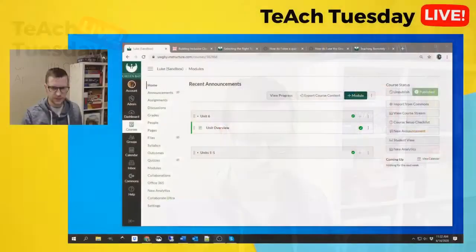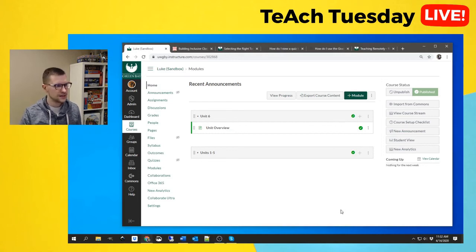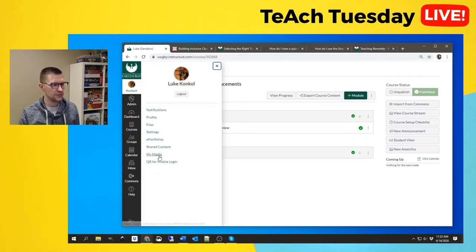So the first question that we received was about how to caption videos in MyMedia or Kaltura within Canvas. There's a couple of ways to do that. The first is using what is called machine captioning. So let me hop over to my desktop here. You can see I'm sitting in a Canvas course. The captioning actually is done through the MyMedia tool and not within Canvas itself. So if you click on your account and then go to MyMedia,